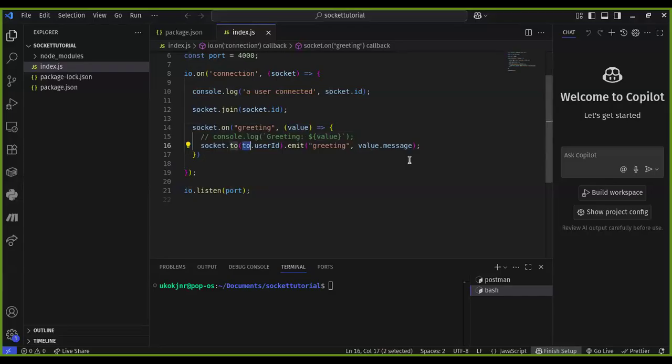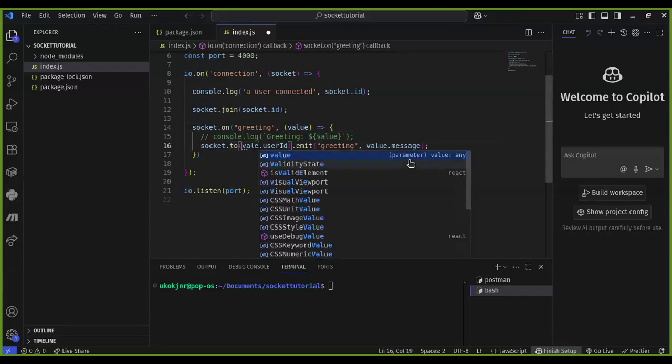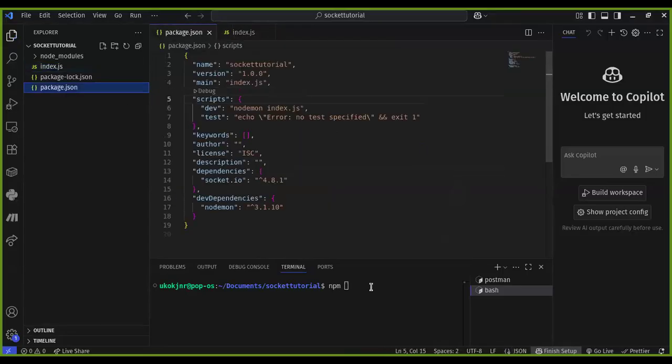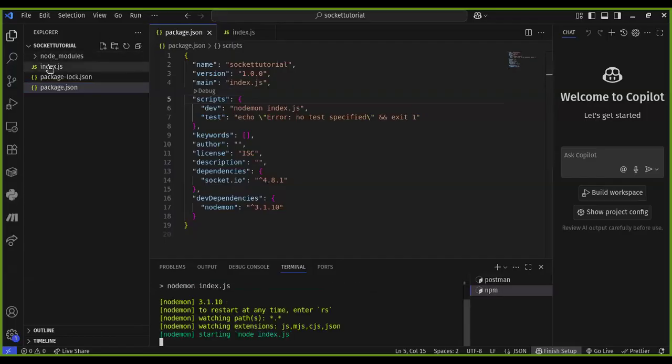So if I change this to value.userID, right, then this should work out. So if we start, can't remember, okay, npm run dev. So if we npm run dev,